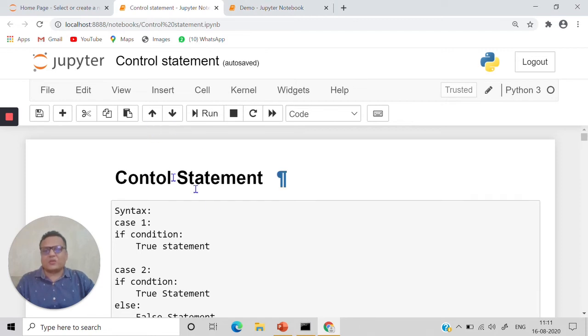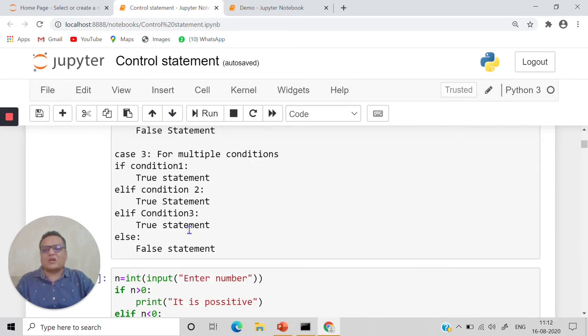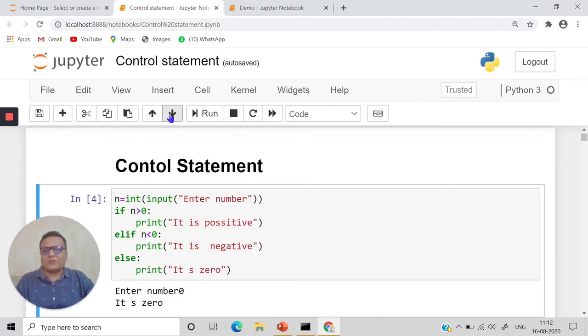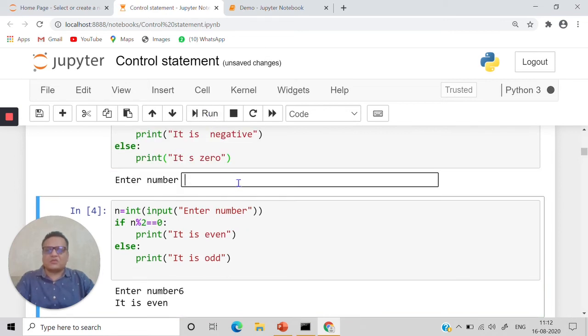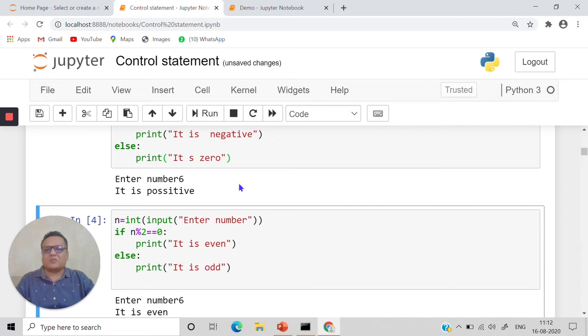Now what are the various things we have in the toolbar? This is a save button. If you want to insert a cell below, cut, copy, paste, we can even move the code up and down. Let's say I want this code to be above, so I'll just click on this, and the code will move up. I want it down, and it goes down. I can click run, so it will run and ask me the number. I'll enter 6 and run this program. I can stop in case we get an infinite loop or some situation wherein we need to stop, so we can just click on stop.